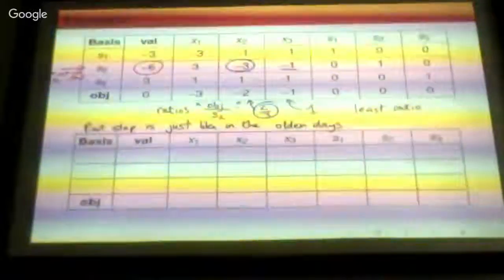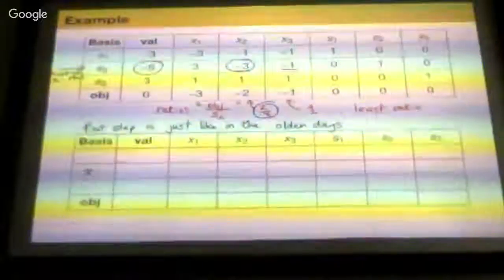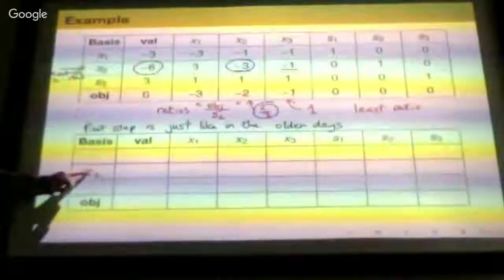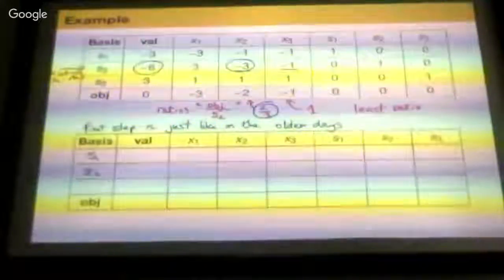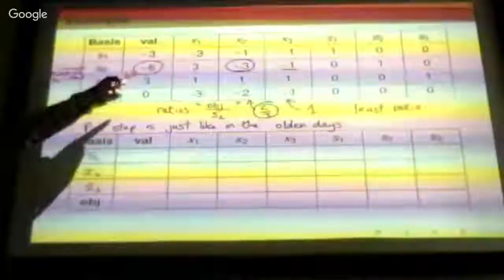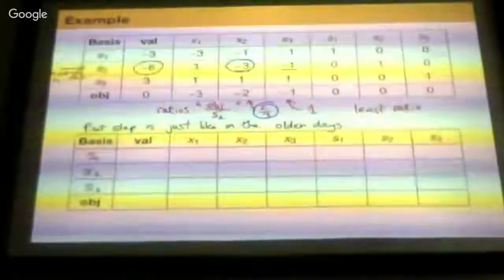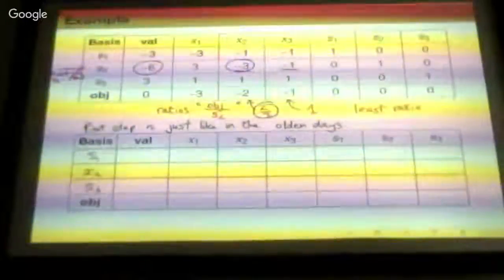Which means that bases get changed. So S2 and X2 are swapped in the bases. So the second row is now going to be X2. The other variables remain in the bases. The X2 row is divided by the pivot element, so divided by -3, which means we get values like